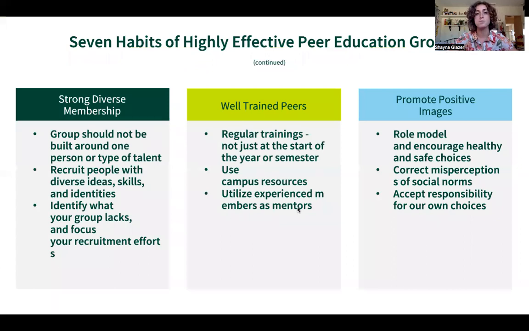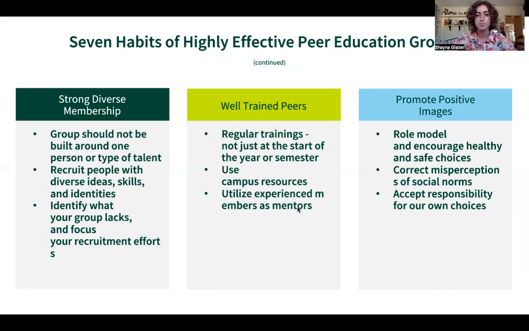Strong, diverse membership is key to peer education groups because a variety of ideas, skills, and identities are useful to help fill lapses in ideas. It allows us specifically to brainstorm creative and holistic understandings of the social problems that we as a group are